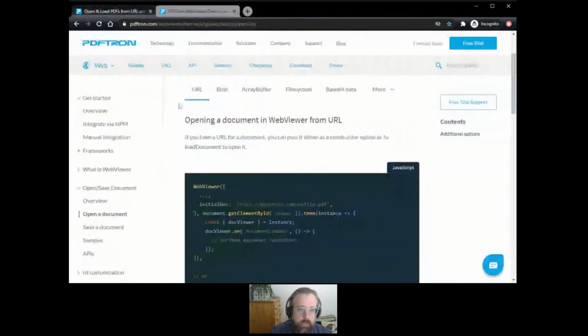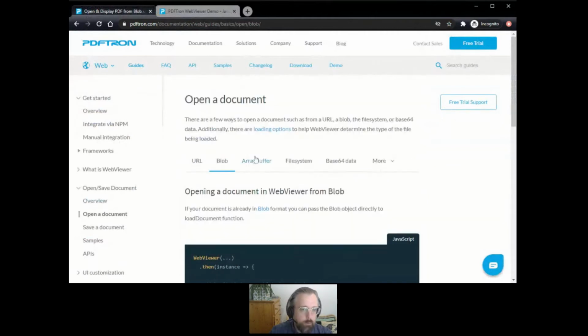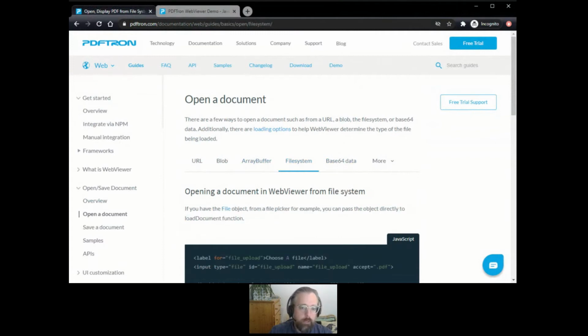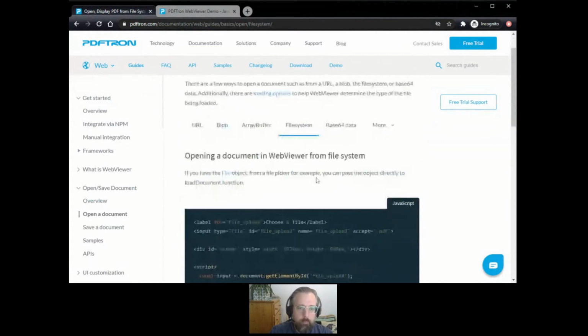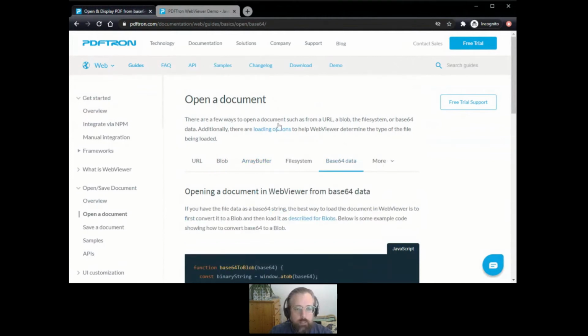So, but that said, in addition to opening by URL, we're able to open from blobs or array buffers or base64 data, and of course the file system as well. We can open up a file picker and load that up from the local machine's file storage. But the advantage of being able to open up from a blob or array buffer or base64 data is that means we can transmit the entire file through some sort of secondary channel. You could stream it down from a REST API, or however you get the bytes into the browser's memory,